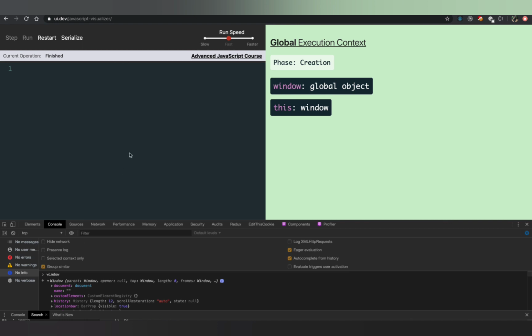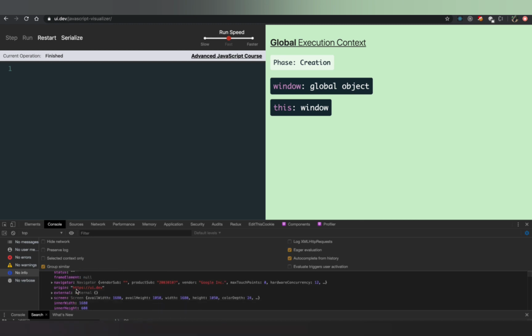Okay, so that means without executing any code, you have access to the window object, right? And this window object gives us various different properties which can be useful for us. For example, toolbar, status, there are many things which are given. And the second part is your this keyword. And when you're inside of your global execution context, your window and this are actually the same. You can see the value of this is window.